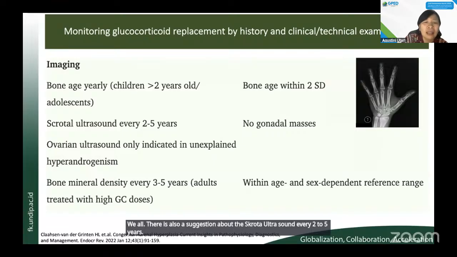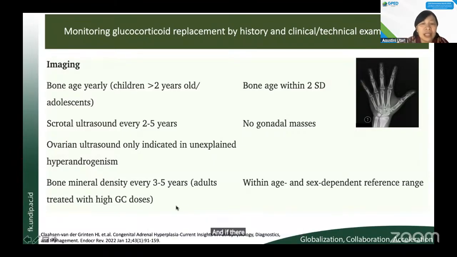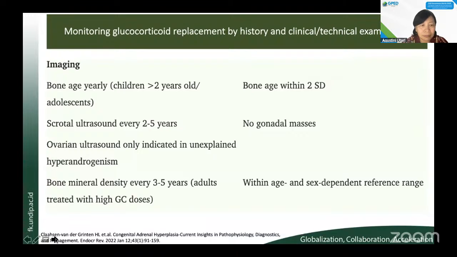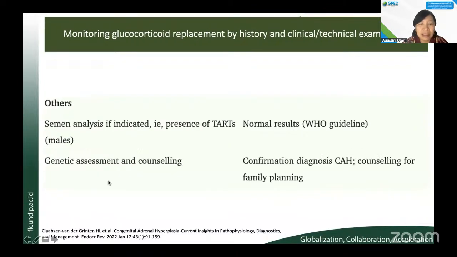And if there is unexplained hyperandrogenism, maybe we also check the ovarian ultrasound. And others, like semen analysis, if there is a TART or testicular adrenal rest tumor,